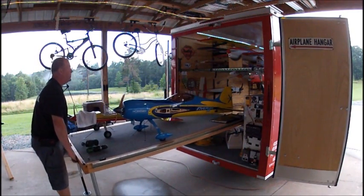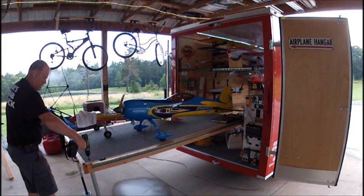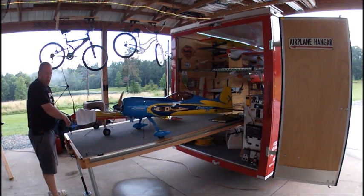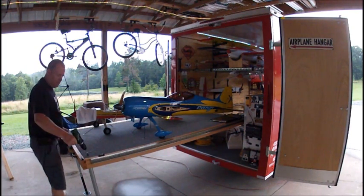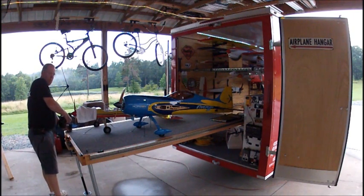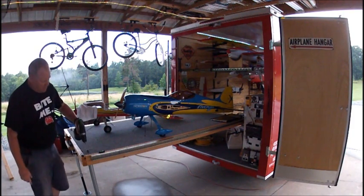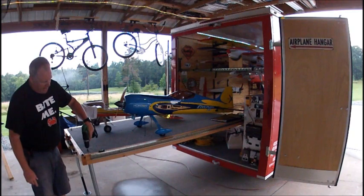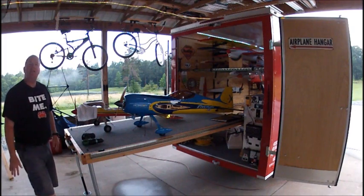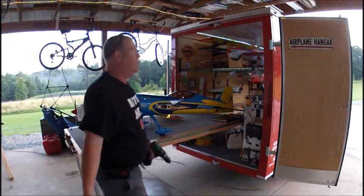I pull it out till it stops, and I let it down. And I take my drill and I raise it up. So I don't know if you can see, but I have levels on my table. I have found over the years that the front to back level is not near as critical as the side to side. Okay, so with that being done, now I have a complete workbench